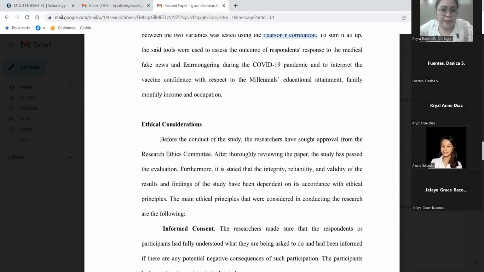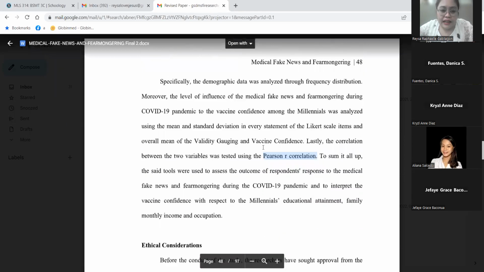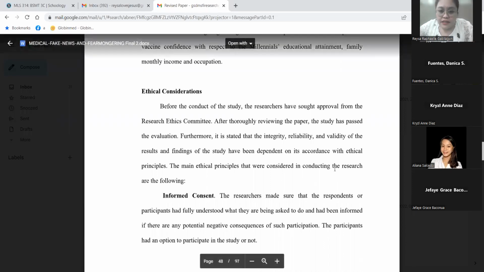Kasi that's the only time I have. Okay? So, that's it for the data analysis. Again, you may ask me if you are not sure with your data analysis. So, go back to your statistics subject and check there what will be the most applicable statistical tool for